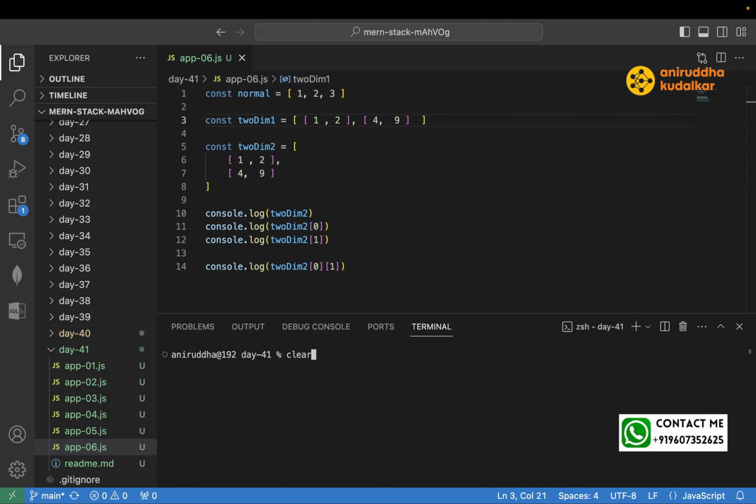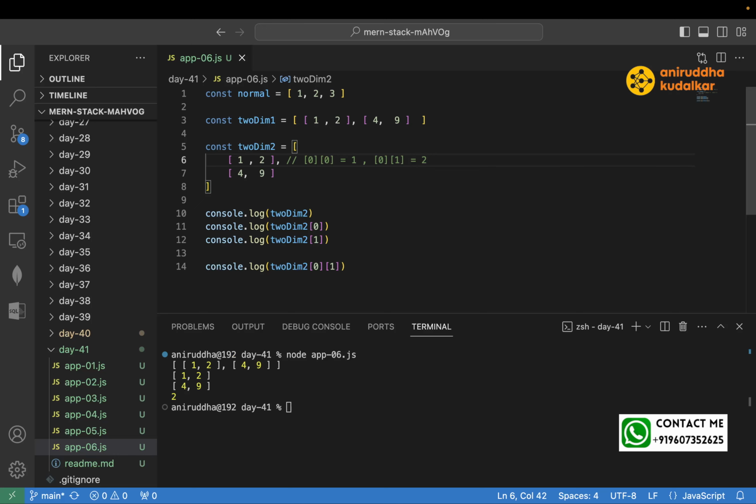Let's clear it. And so in this case, I will write it in the comment box: 0 0, if you want to access. So this is the 0th element and the 0th position. So we can write something like this: 0 0, then 0th and 1. 0 0 is equal to 1, this one, and 0th element, this is the 0th element, and inside that first element, this is the 2, is equal to